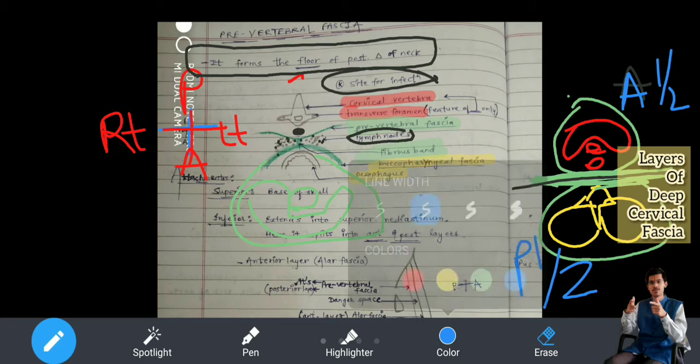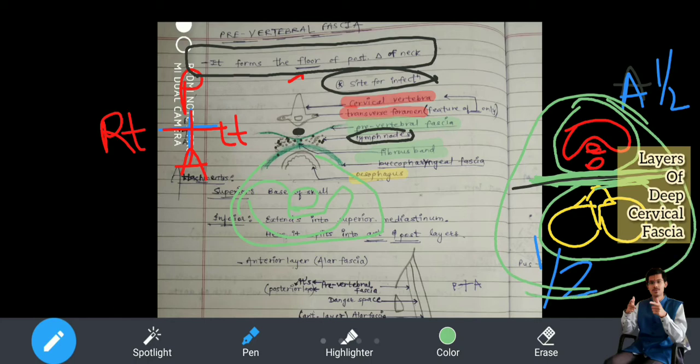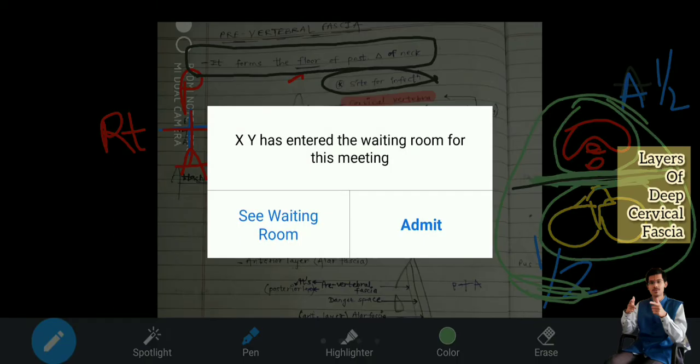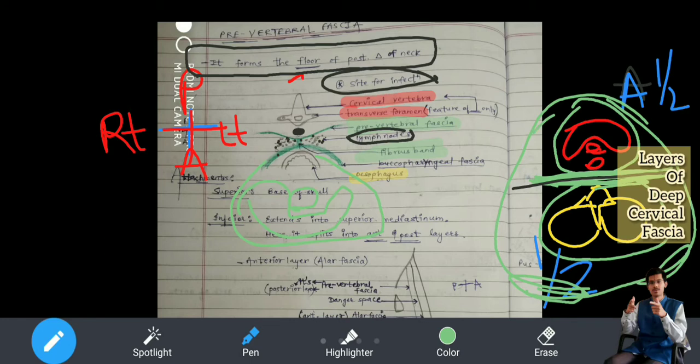See, I will show it to you again here. This is the cross section of the neck. This is the investing layer behind the trapezius muscle. Anteriorly, I'll show it in blue, it is the sternocleidomastoid muscle, and posteriorly you have the trapezius muscle. This is the posterior half, below the line I have drawn. Now this is your prevertebral layer, and this is your investing layer.